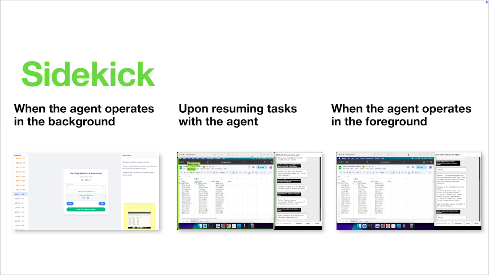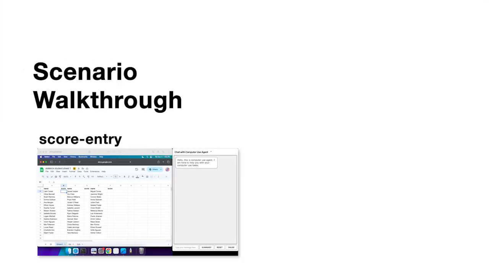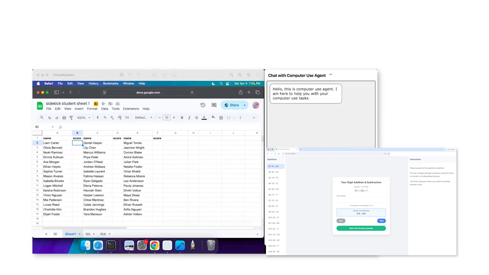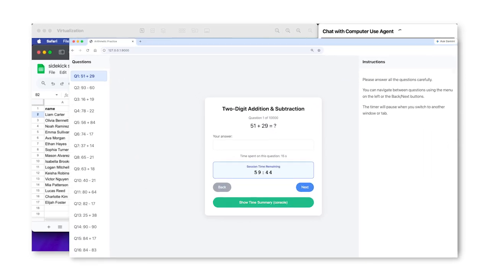support multitasking with agents. We use the following scenario to demonstrate how Sidekick supports multitasking with computer use agents. Tina is both a student and a teaching assistant who needs to complete a score entry task while managing an arithmetic assignment deadline. She delegates the score entry task to the agent in the background while focusing on the arithmetic